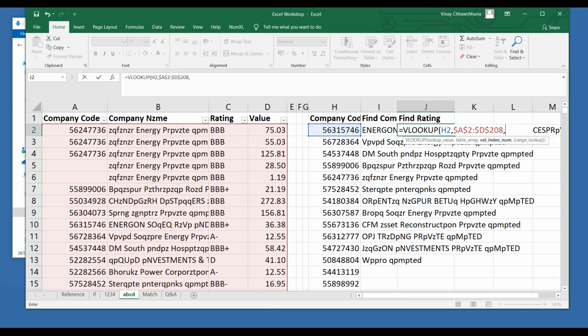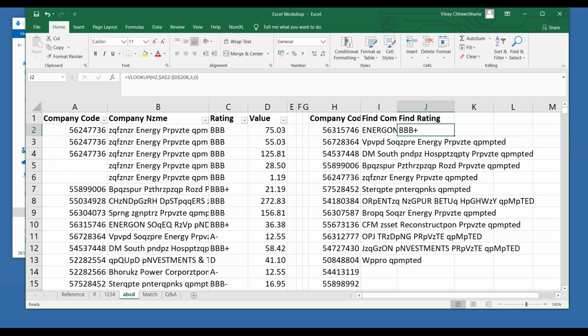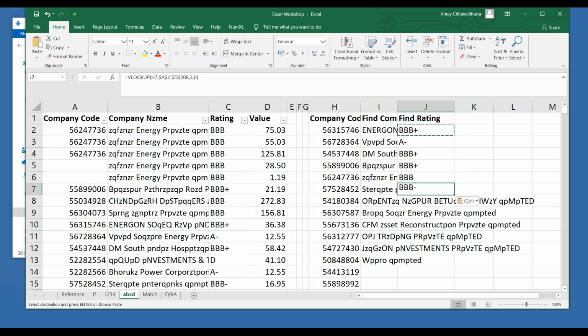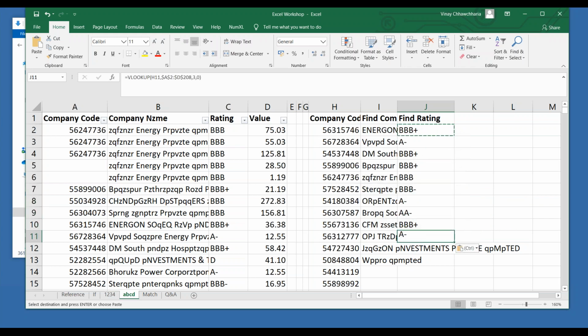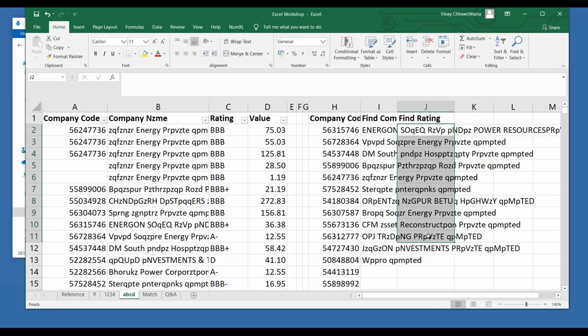F4, comma. What should be the column index number? It should not be 2. It should be 3, comma 0, bracket close. Right? So you are getting the ratings. Fine. HLOOKUP, I will try to cover HLOOKUP, but I don't think it is possible within this short time.